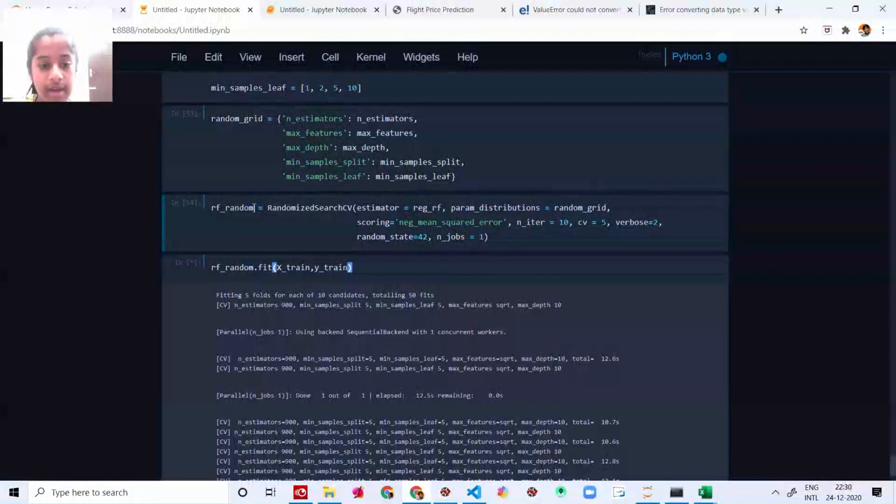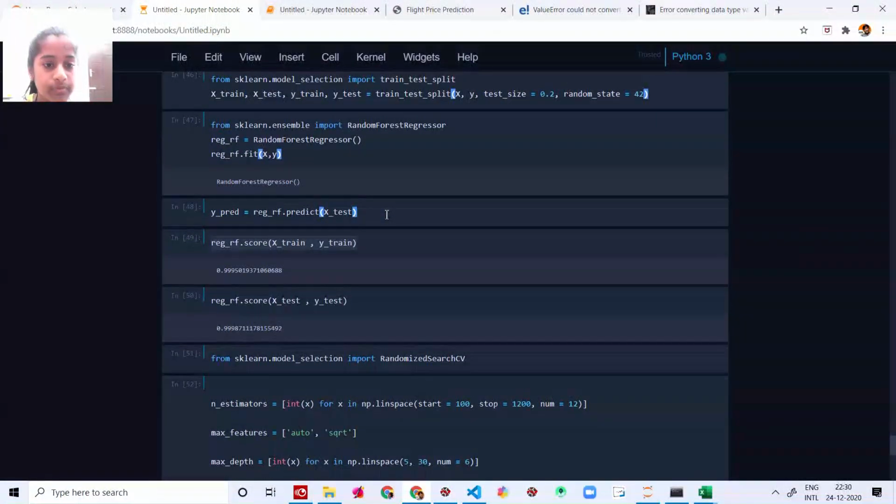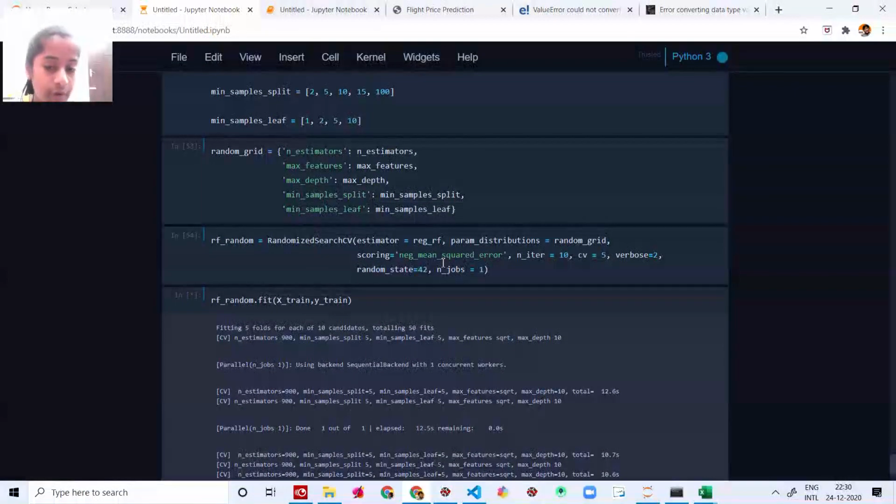And then we said rf_random is equal to RandomizedSearchCV. And we told the estimator over here is going to be reg_rf, which means it's going to be the random forest regressor. And then we set param_distributions equal to random_grid, with the n_estimators and all those things. And scoring is the mean squared error. Here we put the negative mean squared error, you have positive mean squared error, and we have many other errors. We have n_iter, I have set it to 10, cv to 5, verbose to 2, and random_state to 42,